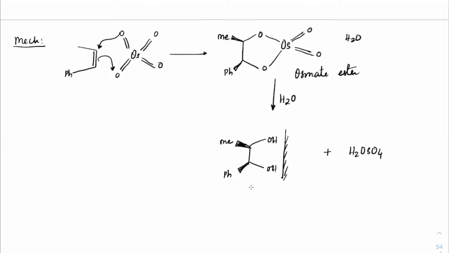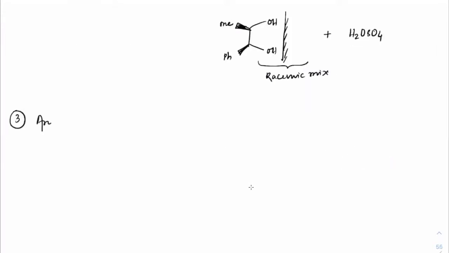Clear, guys? Instead of OH minus attacking this time, it is the water which will attack on osmium on both the 2 times here. So these 2 bonds will break. That H plus will come here and OH will stick to osmium. So we'll get H2OsO4. Third one, the way we'll do is anti-hydroxylation.